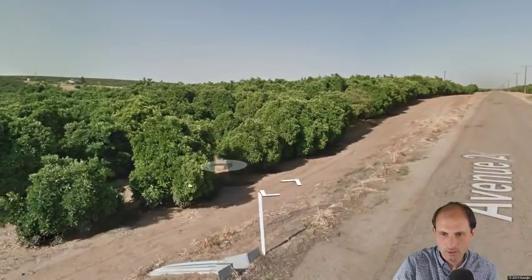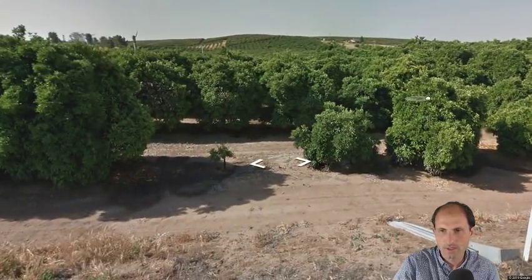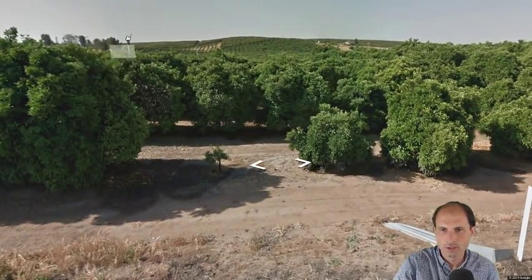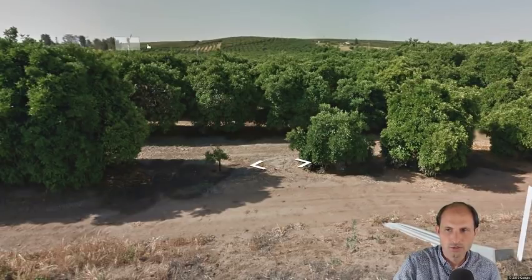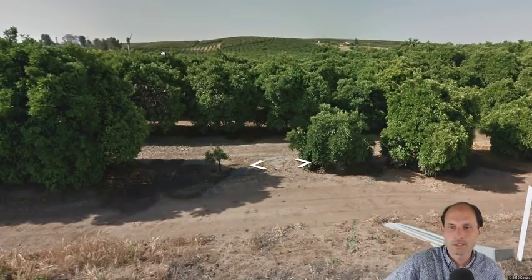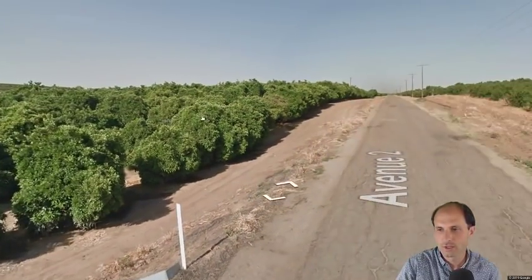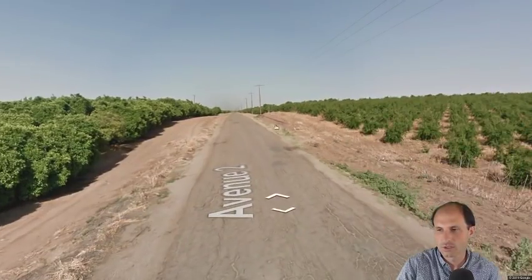Like over here, these are citrus. You can see these are oranges. Got to water the heck out of those things to keep them going. Look, just in case the frost comes, they'll turn these on and they'll blast water out over the field, and the water will be 42 degrees coming out of the ground or something instead of 31. It's warm enough to keep some frost off. Some of these fields have heaters. They'll have gas heaters. They'll turn on the gas heat, and they'll heat the orchard, keep it from frosting